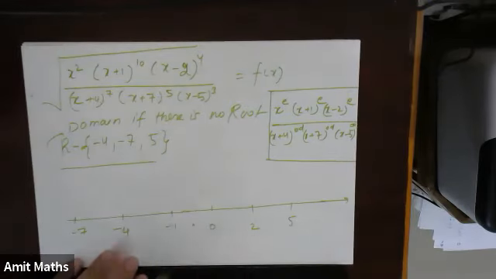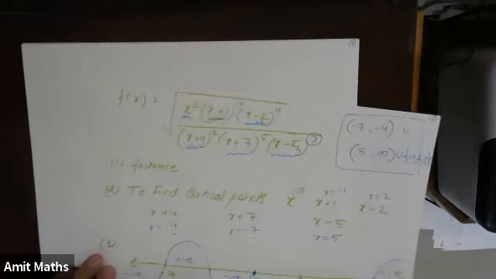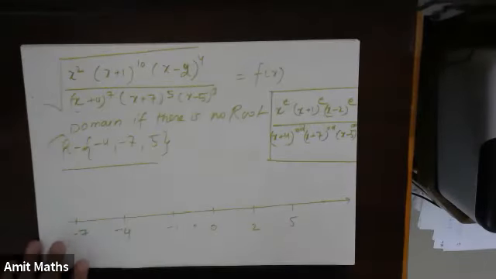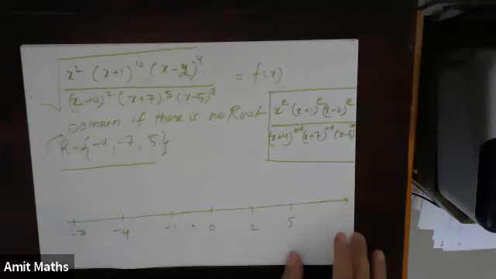These were the critical points I was getting: -7, -4, -1, 0, 2, 5. Yes. These were the critical points you were getting. Okay. Now the first thing we have to do, which is common in all the wavy curves,